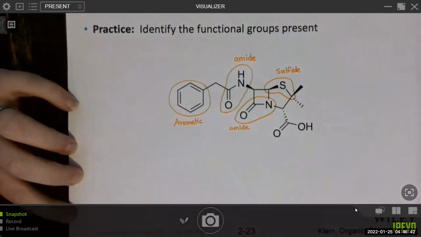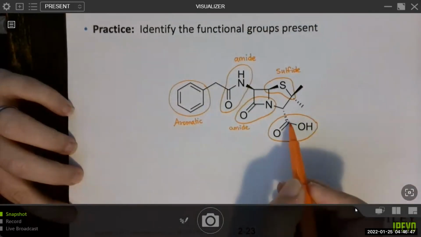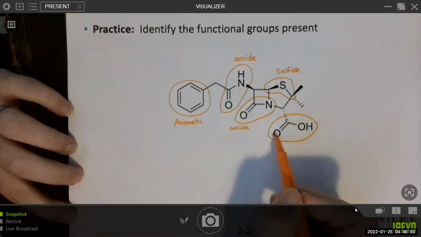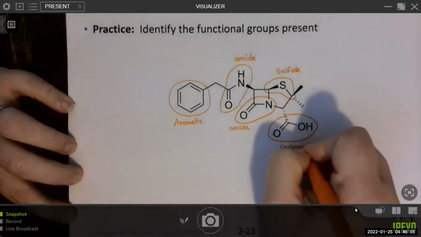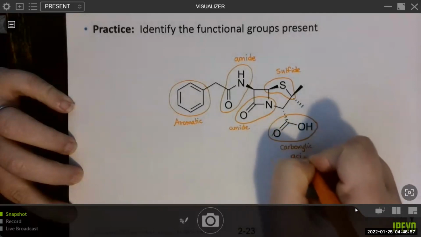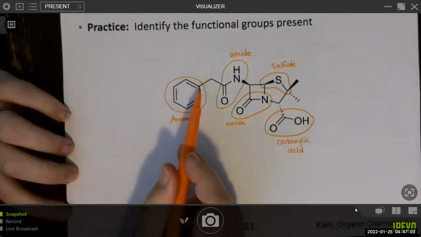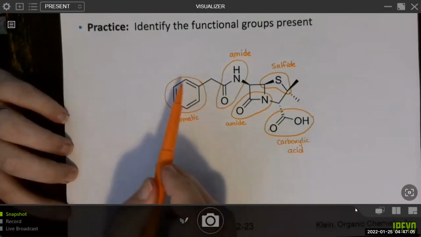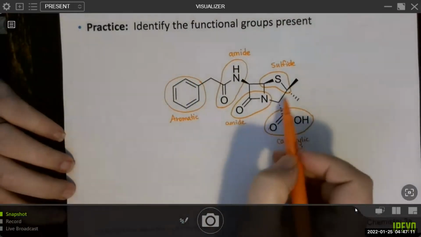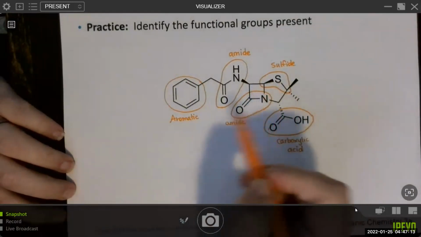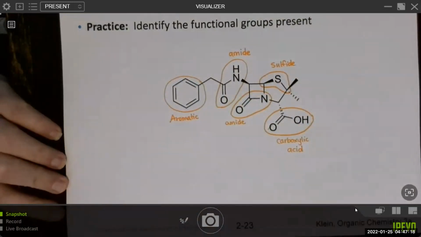And then the last functional group that we have here is this one, where we have a carbon attached to carbon on one side, double bonded to an oxygen, and also has an OH group. That is called a carboxylic acid. If you labeled these alkenes, that is not correct, right? Because it's part of an aromatic ring, it's no longer considered an alkene. And just because you have rings over here doesn't mean that it's an aromatic ring. An aromatic ring has to be this 6-membered ring with alternating double bonds.